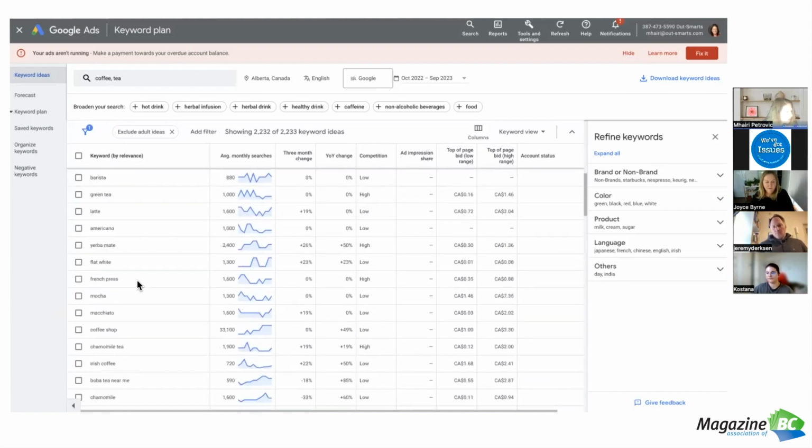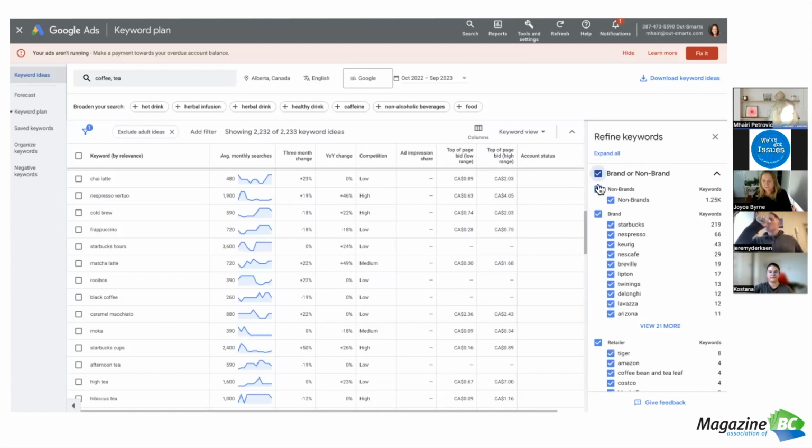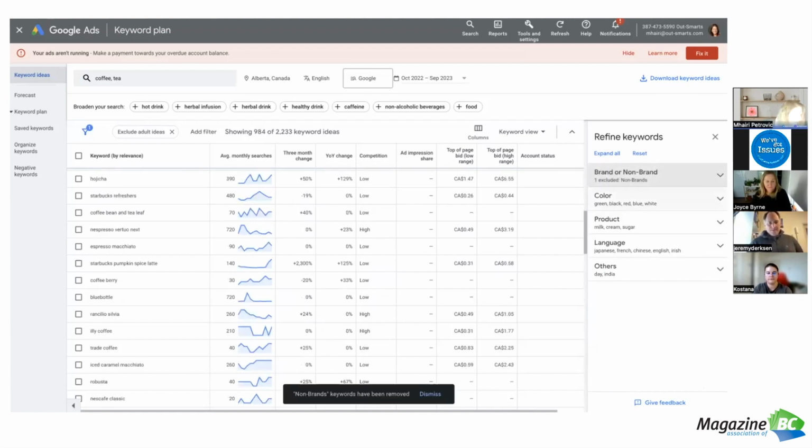You can choose to omit brands by removing these if you didn't want to mention any brands. And you can add different selectors by product. You can choose languages and different components. So this is our favorite keyword research tool.